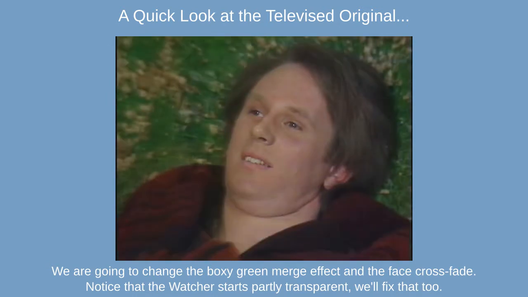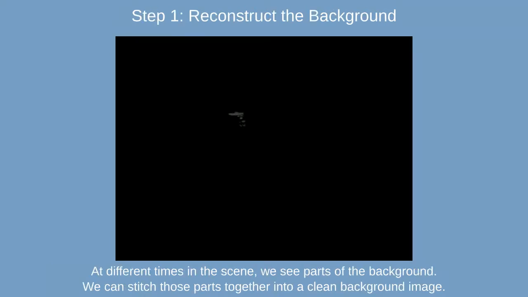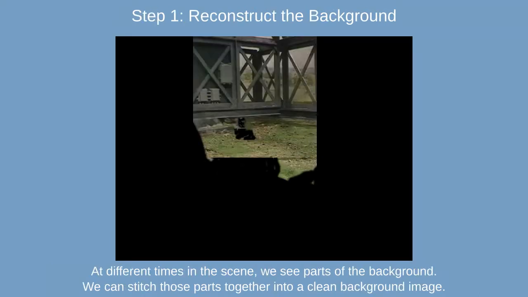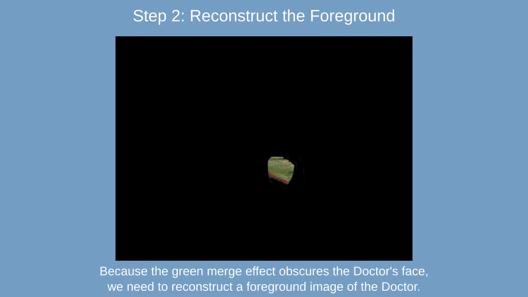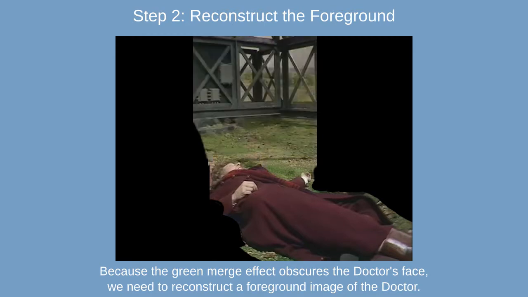So the first thing to do is to reconstruct a clean background. And the way that we do this is by using the fact that the Watcher walks through the scene. We actually see the background at different points, so we can stitch that together and create a clean background. We also need to create a clean foreground for the end of the scene. This is really just the Doctor lying there, and we're going to use that to get rid of the boxy